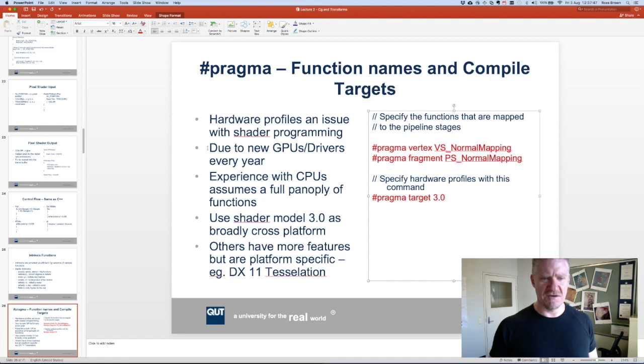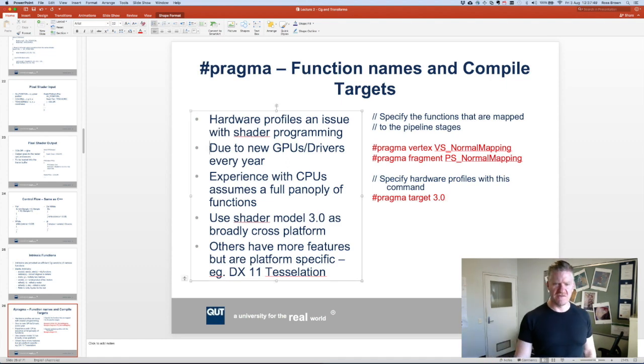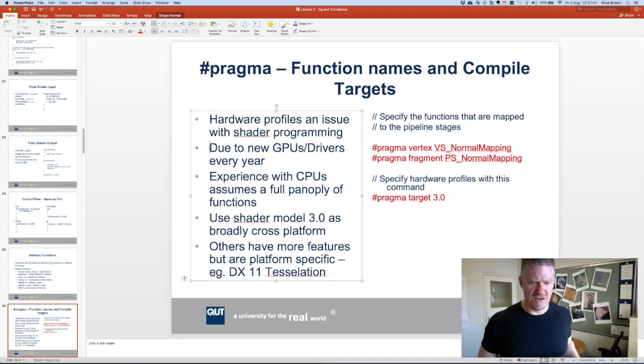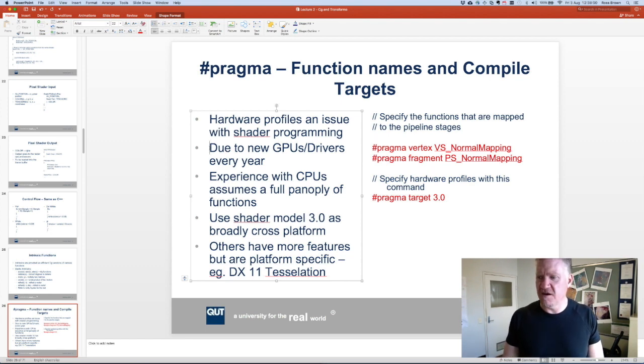This is handy because every year you get new GPUs and drivers, and your experience with CPUs is that it's a processor, Turing complete. It does what you need to do. If it's big enough, I guess you could simulate the universe on it. The GPU, that's a different animal, and especially as